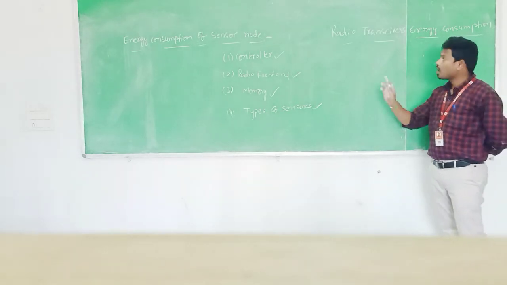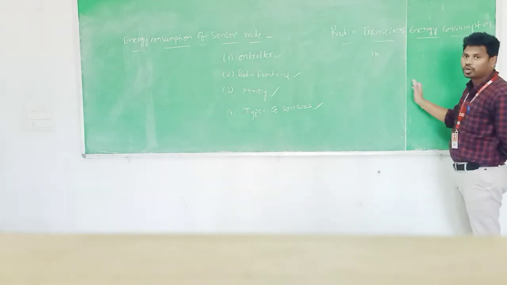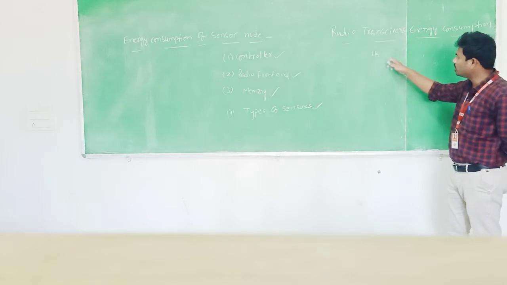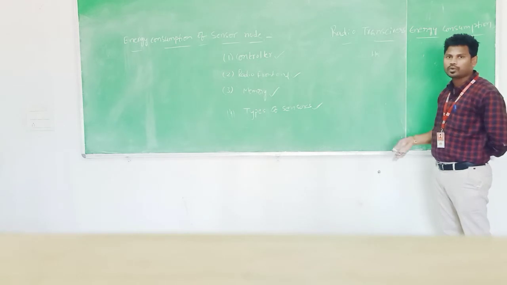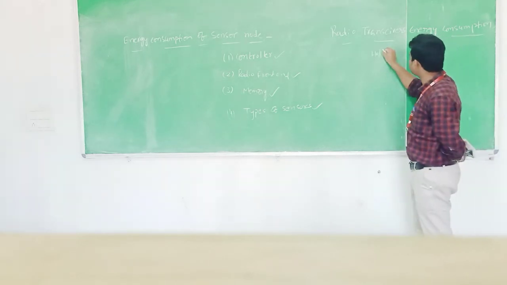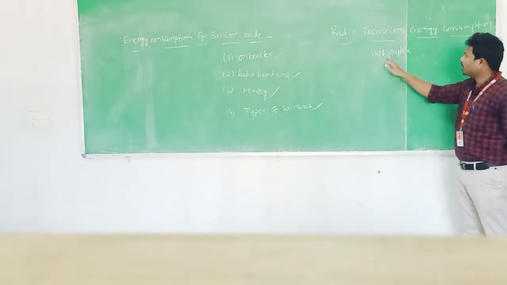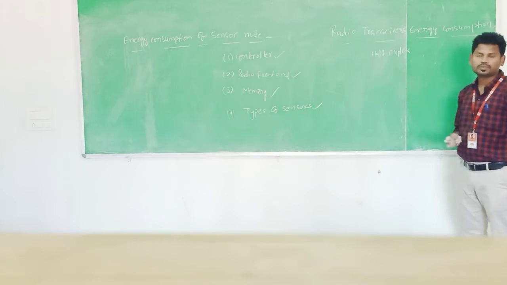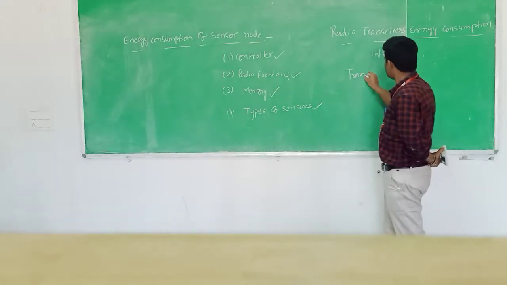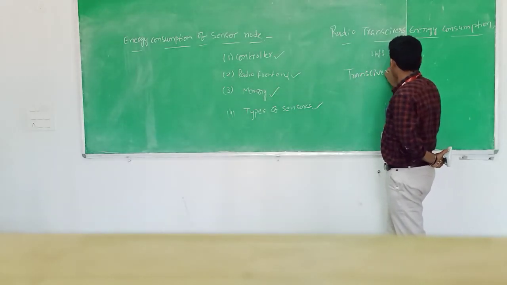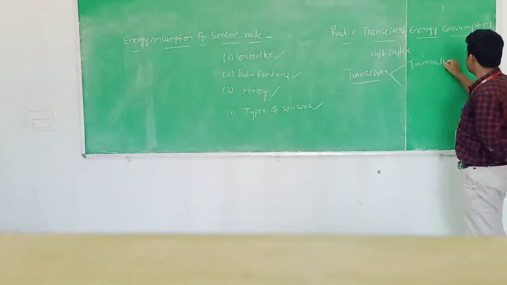If you want only one operation at a time, you can use the half duplex transceiver. And if you want both receiving and transmitting at the same time, you can use full duplex transmission. But in wireless sensor networks, we mostly use the half duplex transceiver only. So at a time you can either receive or transmit. In this transceiver, both the transmitter and receiver are there.